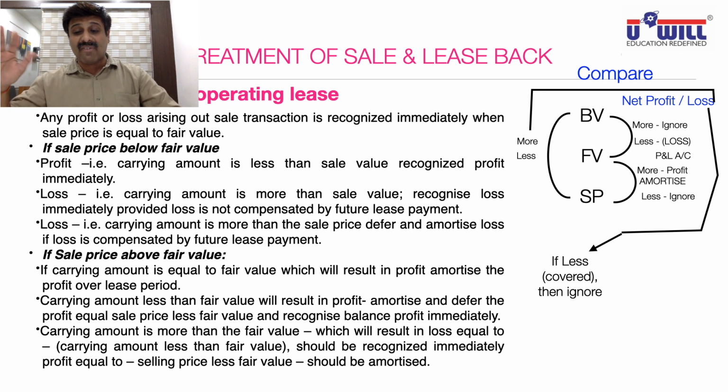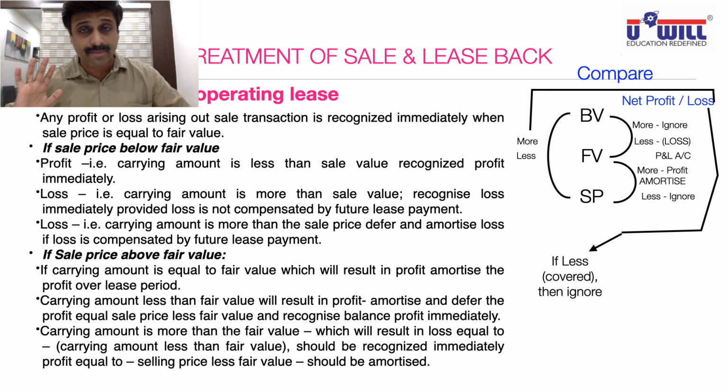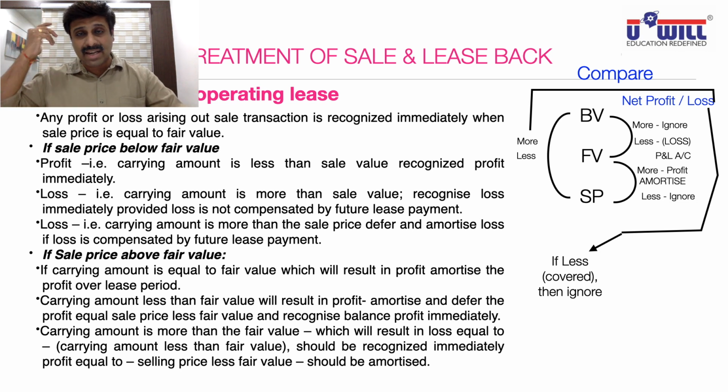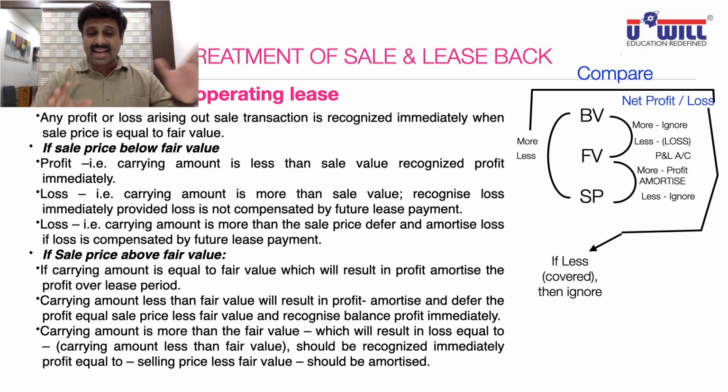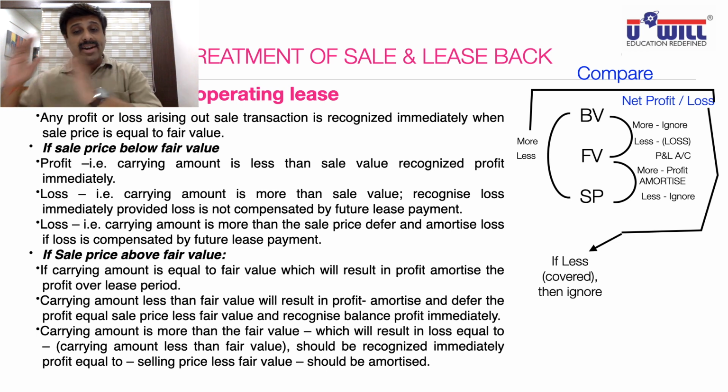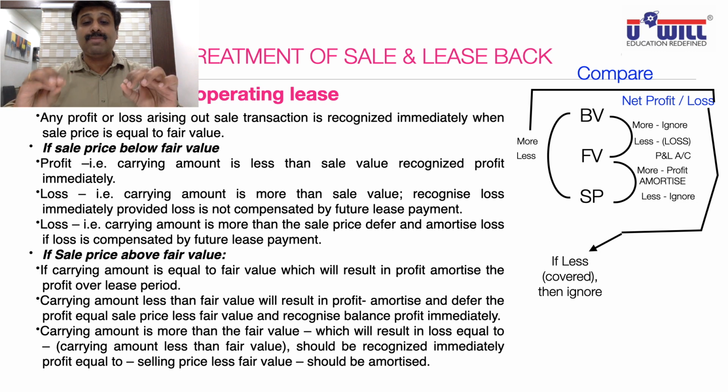Now right side profit or loss effect we have already given. Loss, then we have taken in P&L account immediately. Profit, then we have amortized and spread over the various years. And left side amount is less means it is already covered in the right side amount. So ignore it. The effect has been already given. If left side amount is less than the right side amount, then ignore it because it is already covered in the effects of right side.